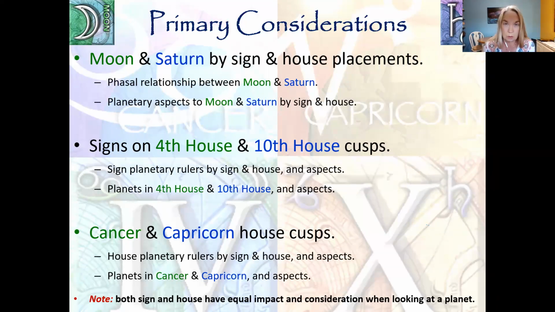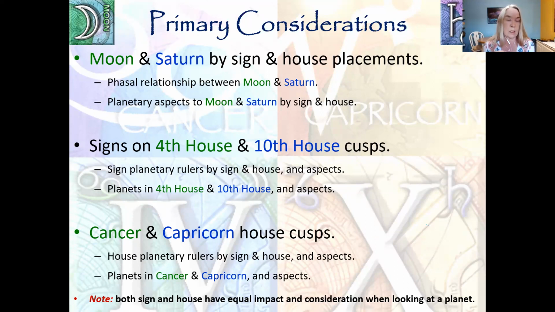This will include the phasal relationship between the Moon and Saturn, and it will also include any planetary aspects to the Moon and to Saturn, and where those planetary aspects are by their sign and house. The next consideration is, what are the signs of the zodiac on the 4th and 10th house cusps? And where are those